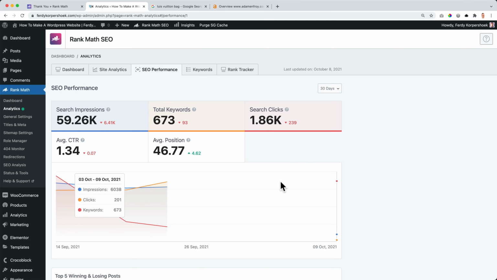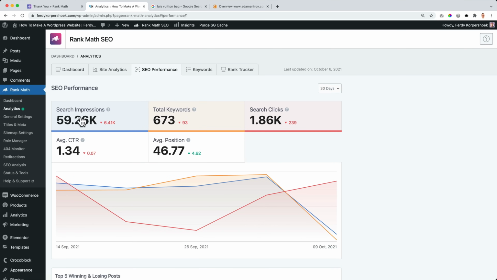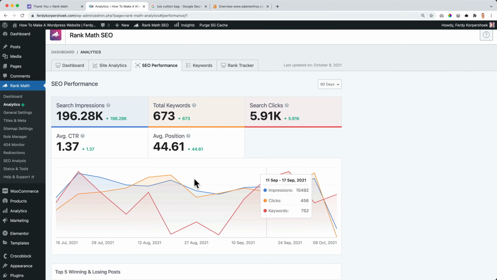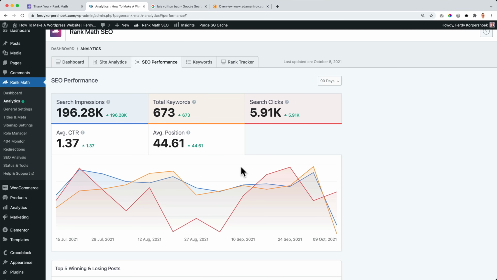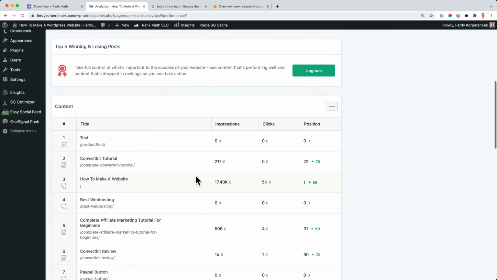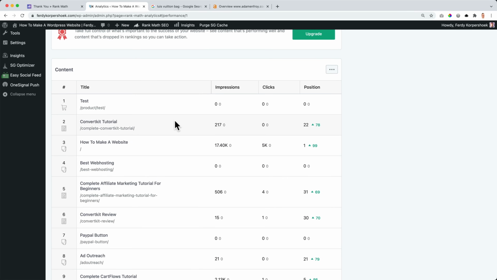when we click over here, I go to the third tab and we see more information with a nice graph, impressions, the clicks. So what I want to see, of course, is that it is growing, that it's going up. So if I would go to the last 90 days, it changes with a nice animation. So with those statistics, I can see which words are ranking well and I can work on that, make it better. And over here, I see the content on my website and how it is doing.